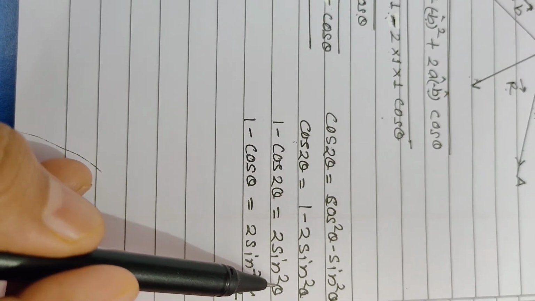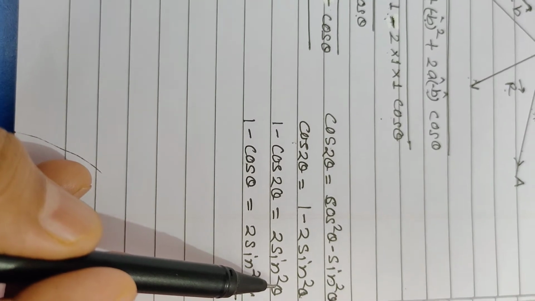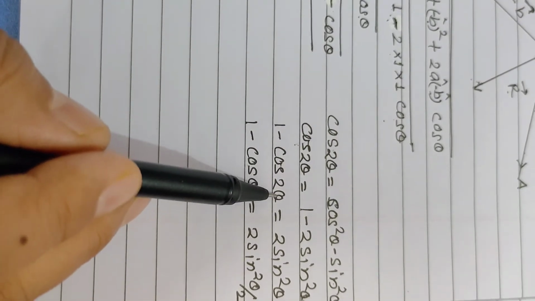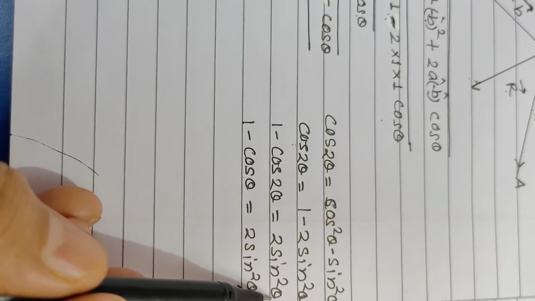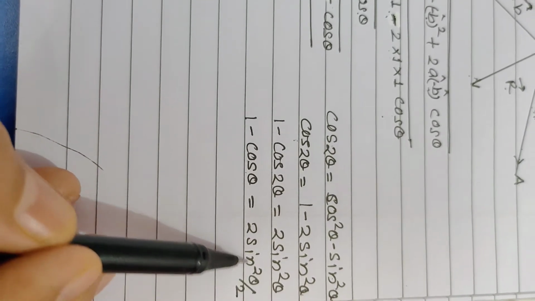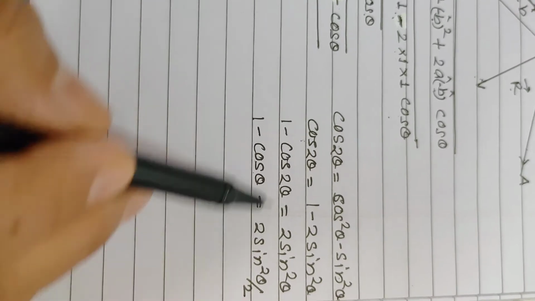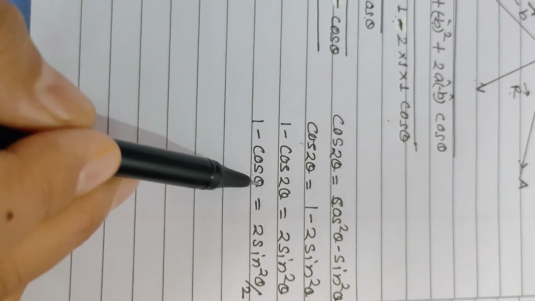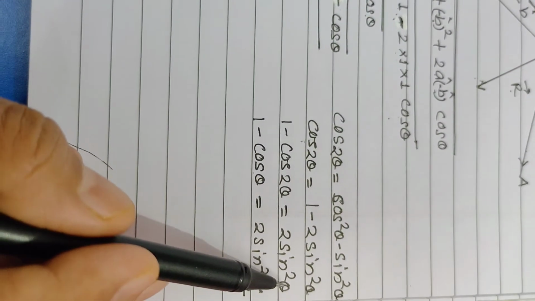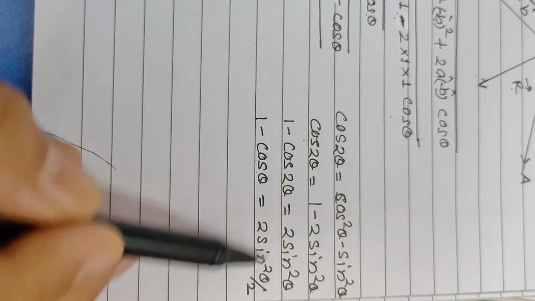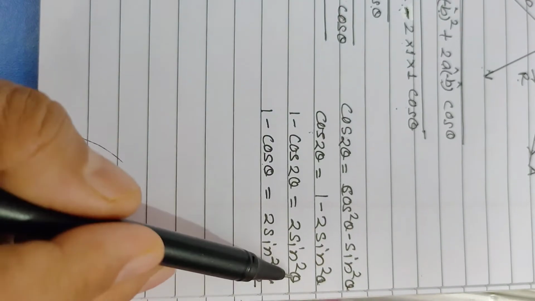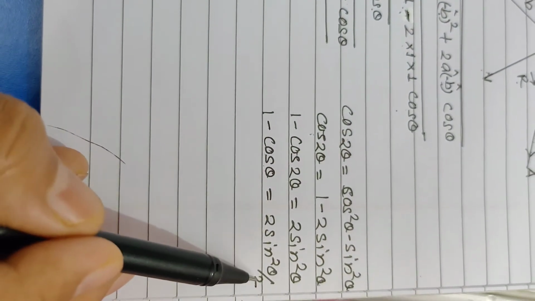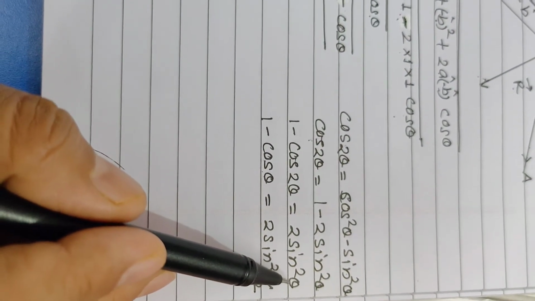So here actually we have to put the value of 1 minus cos theta. So in place of 2 theta, if I write theta, then in place of sin square theta, I have to write sin square theta upon 2. The angle here, the double angle, becomes single here. So this angle also will become half. This is 2 theta, and this theta is half of 2 theta. So this theta upon 2 is the half of theta here.